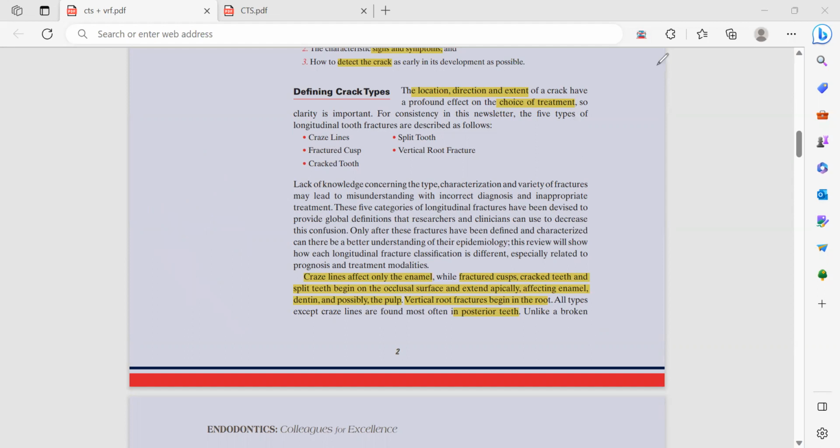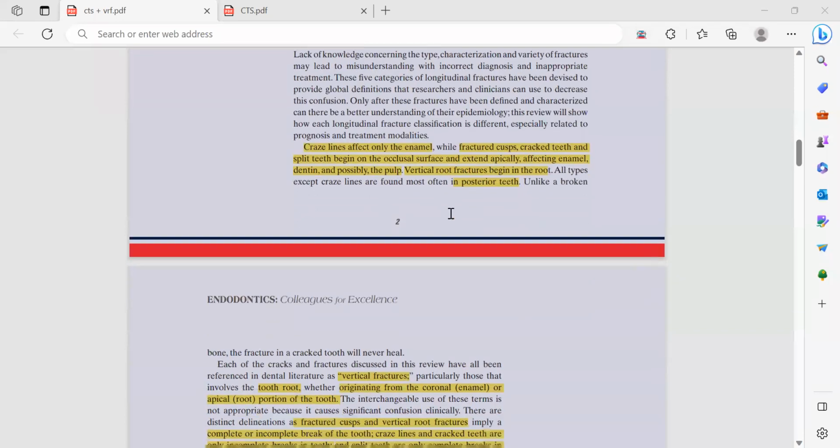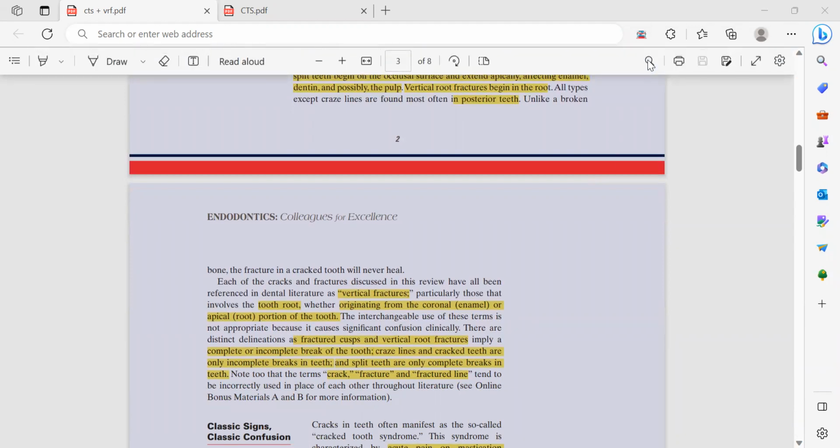All types except crazed lines are found most often in posterior teeth. Crazed lines would be found in the upper anterior teeth; all the others will be found in the posterior teeth. Unlike a broken bone, the fracture in a cracked tooth will never heal. So even if we have any broken bone,